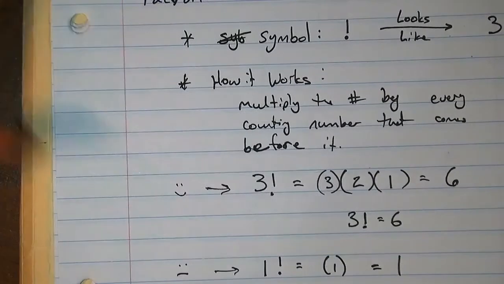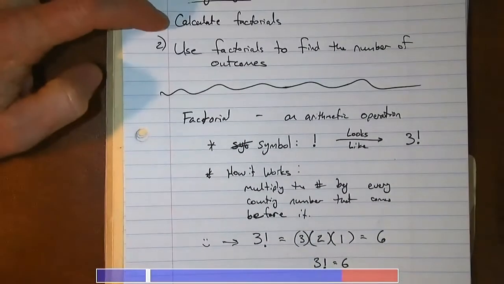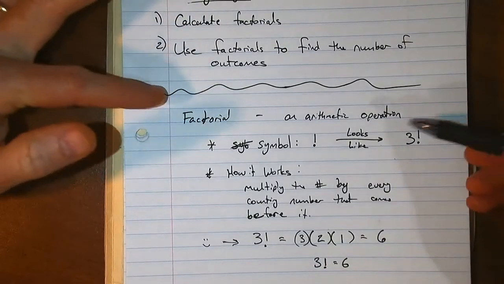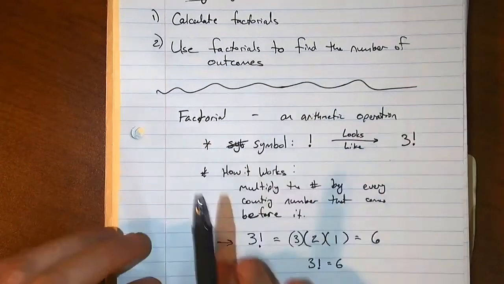So that is the first part of our video, just simply to be able to calculate factorials. In other words, understand the arithmetic that's associated with factorials. Now, how does this come up? As I said at the beginning of the video, we're going to use this in conjunction with the fundamental counting principle. Okay, so before I give you an example on the paper here,